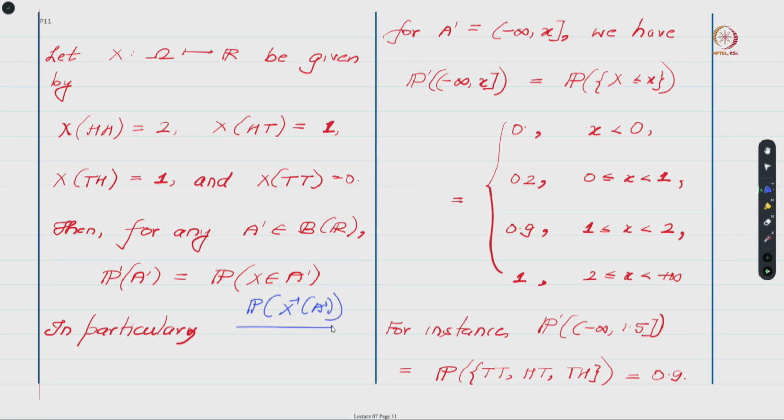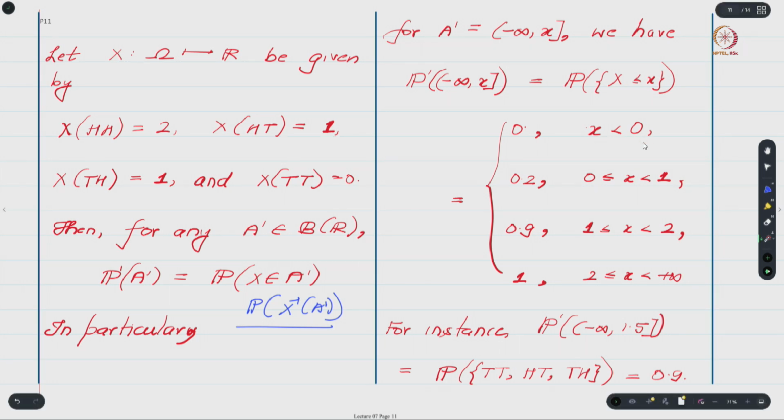So using this definition, one can now check what is the distribution that is induced on R, and by that I mean what is the value P prime associates to every set that is there in the Borel sigma field of R. For that, we will first define this P prime on sets of this form, and one can very quickly see, based on the probability values that we had assigned before, that P prime of (minus infinity, x] will take these 4 values for the different